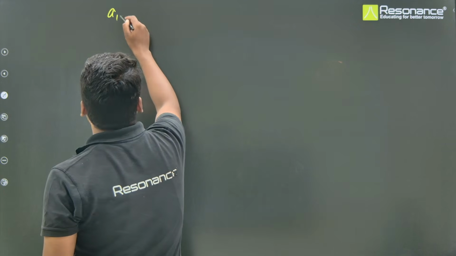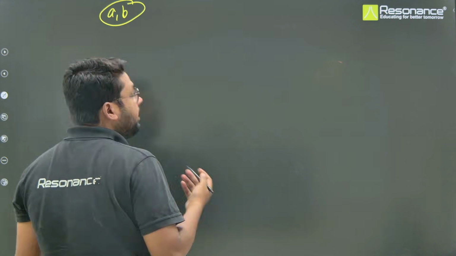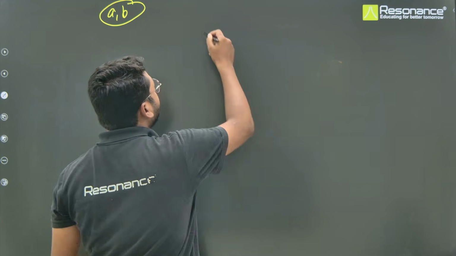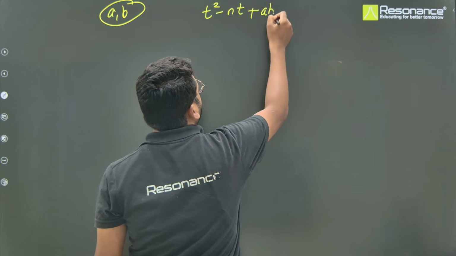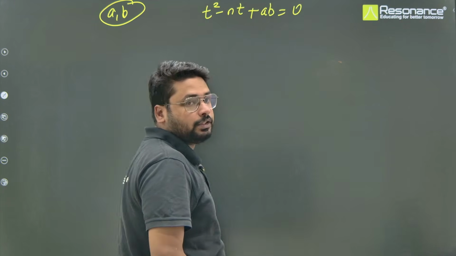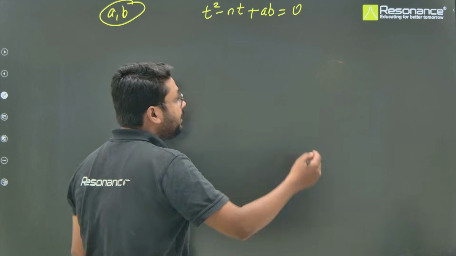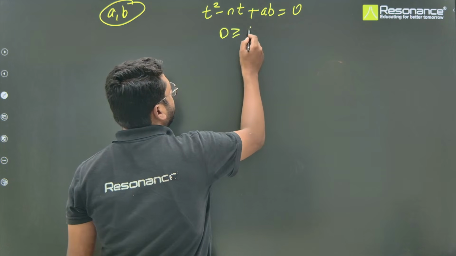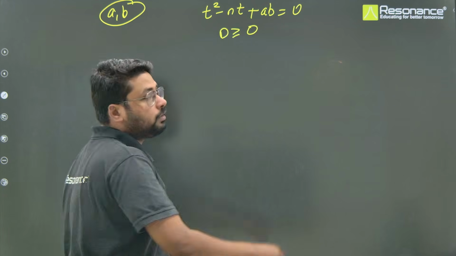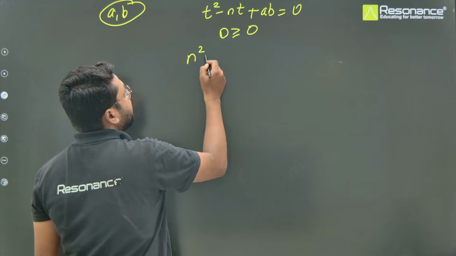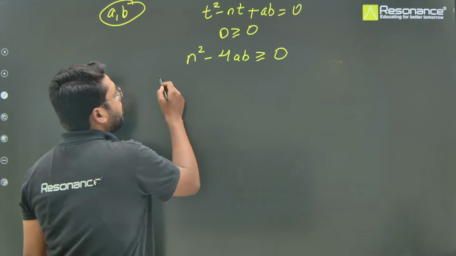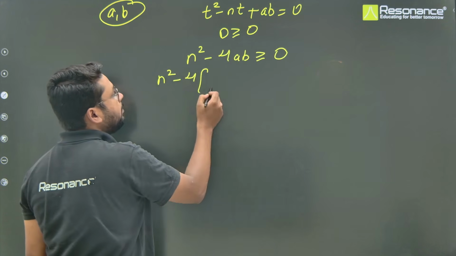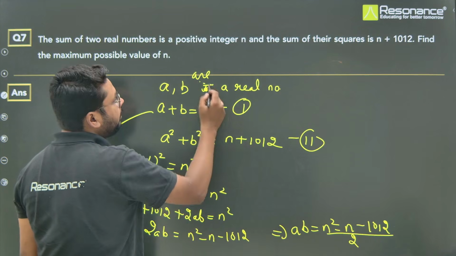Now because a and b are real numbers, the equation will be t square minus nt plus ab equals 0. This is the rule for any real coefficients. And the discriminant is also greater than or equal to 0. So this is n square minus 4ab greater than or equal to 0, or n square minus 4 times ab, we have